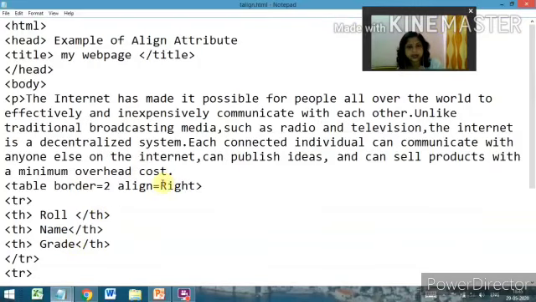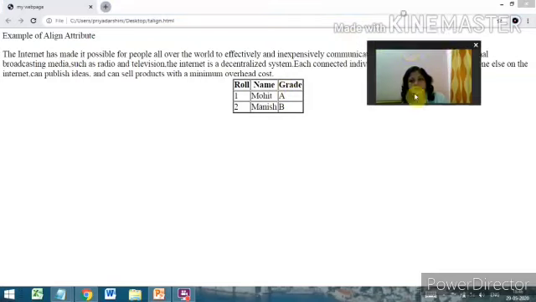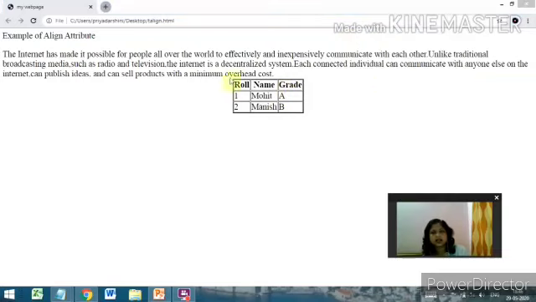So now here write align is equal to center. Center spelling is always C-E-N-T-E-R. Don't confuse with R-E. It is E-R always. F5. Now you see how the table is aligned with respect to the text at the center of the browser window. Hope you understand the align tag.